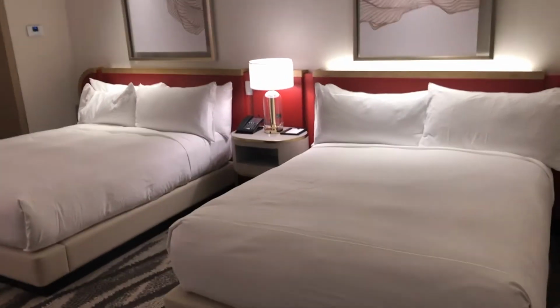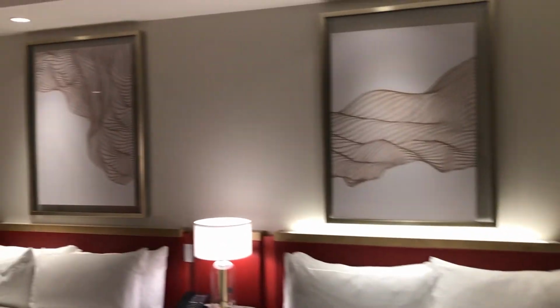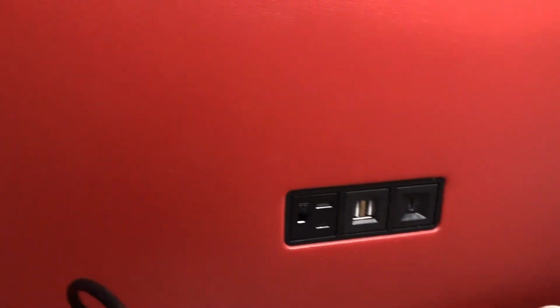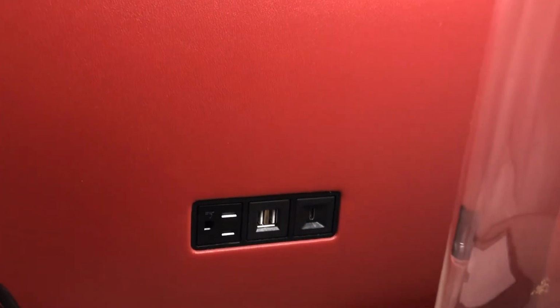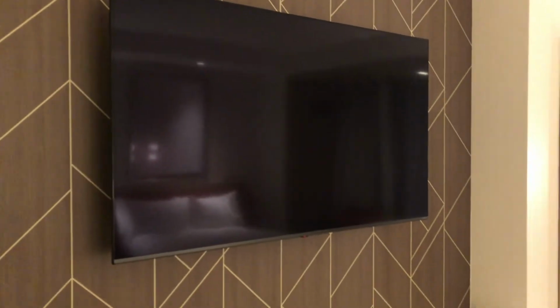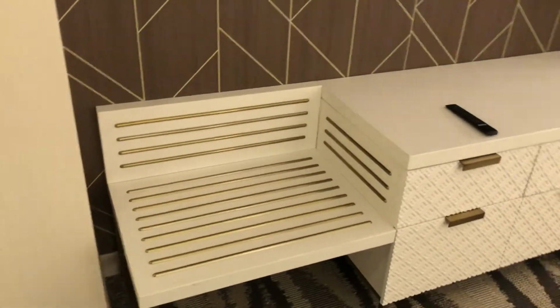And again, this is a 2 queen bed. Nice artwork, lamp and phone in the middle. We have a bunch of outlets here. Phone. Very comfortable looking beds. So here we have a huge television, as well as a little seating area and more